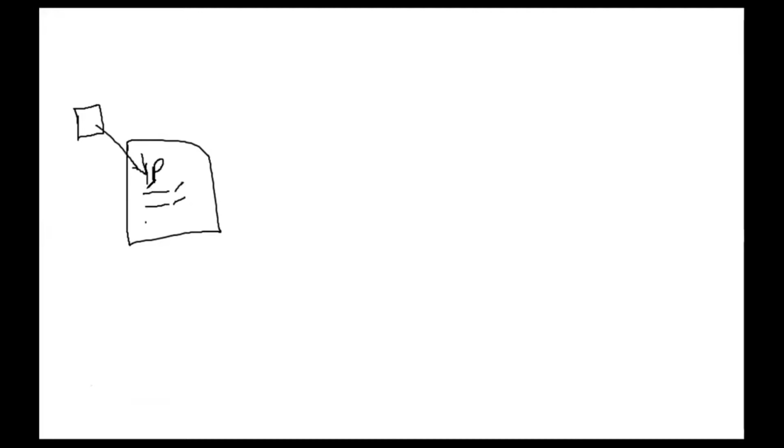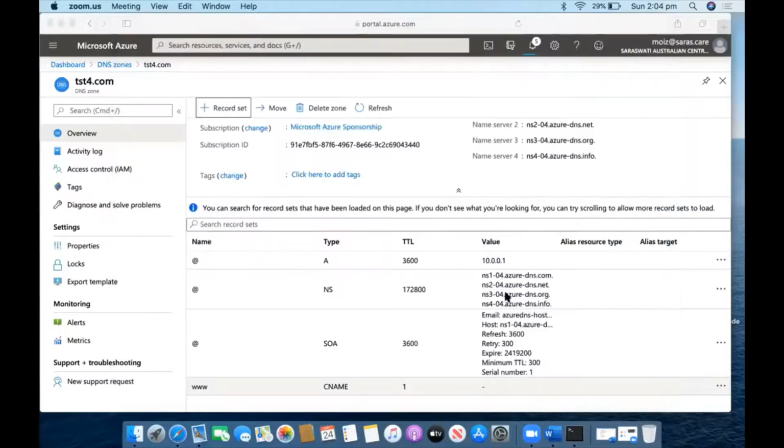So what happened is I am providing the Azure DNS with my virtual machine IP address. And whoever wants to communicate with this particular IP address has to communicate with this domain first.